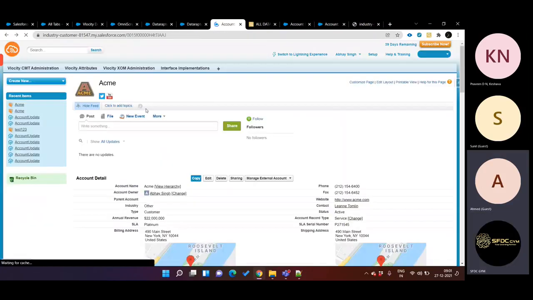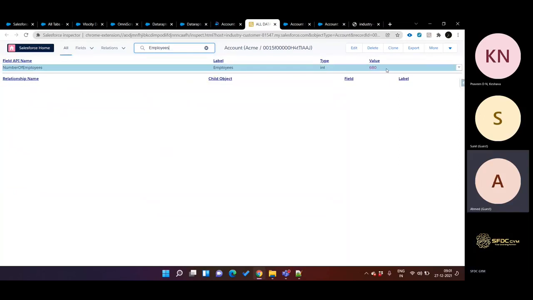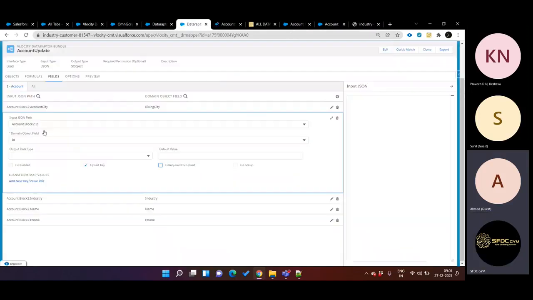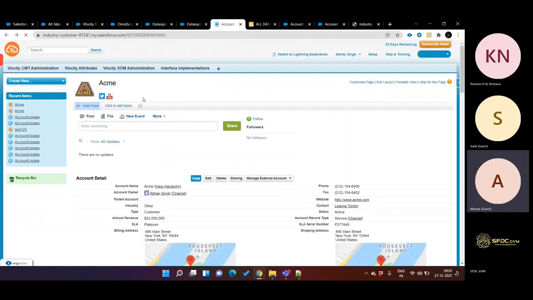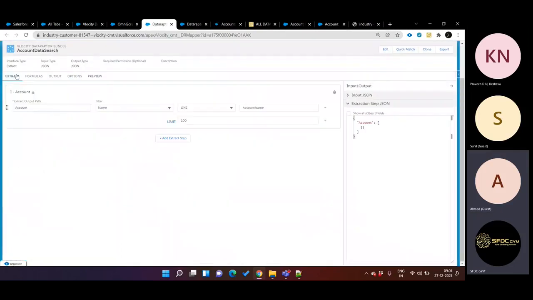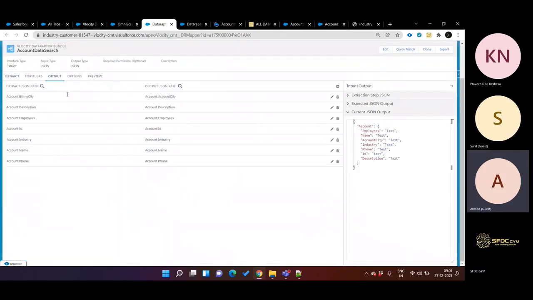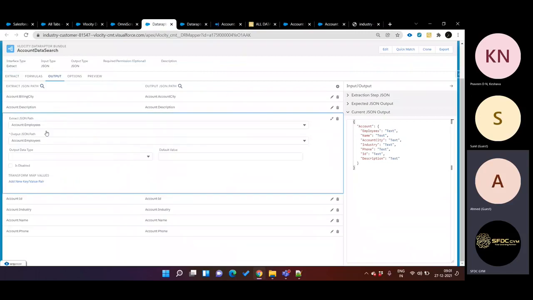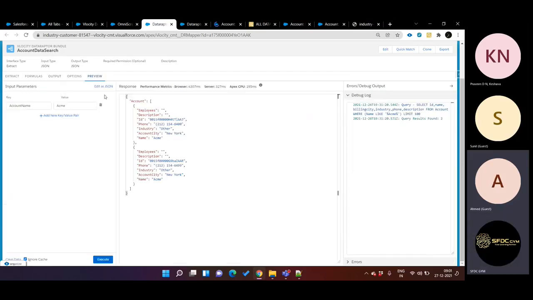Why is it returning the value here? The label name is Employee and the API name is number of employees. So here we need to change the definition. Output employee, here we need to change it to number of employees. And now if I take a preview,